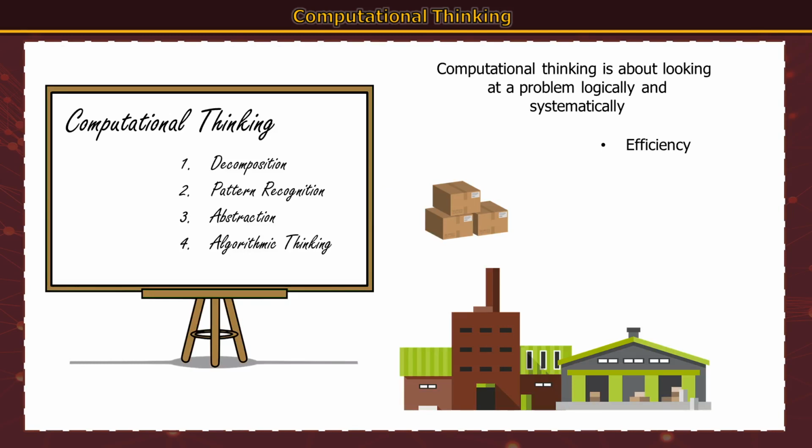If this is done correctly, it should result in your algorithm and then your implementation of the algorithm, which becomes your program, being efficient and effective. Computational thinking allows us to take a complex problem, understand what the problem is, and develop a solution. We are able to do this in such a way that the computer, the human, or both are able to